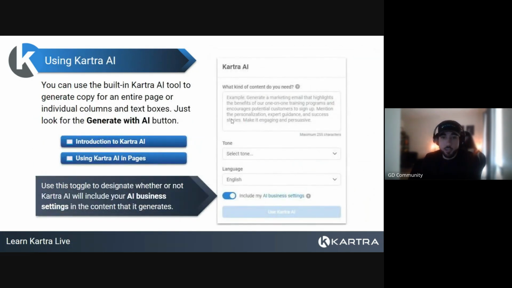Next is the Kartra AI. So Kartra AI is available within your pages. I'm not sure if you guys have taken advantage of it yet, but it's a pretty good tool. There are two ways to use Kartra AI when you're in the page builder. The first way is just to use it on the sidebar, and that's going to generate copy for your entire page. Honestly, it's not the best when you do it that way,